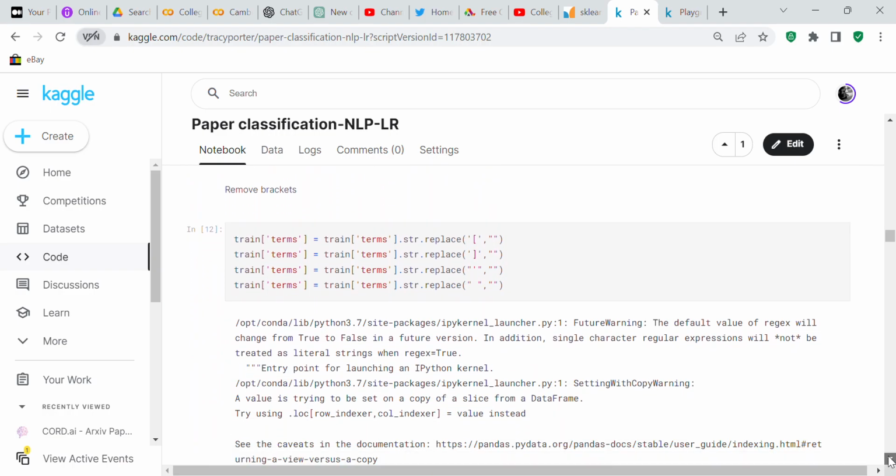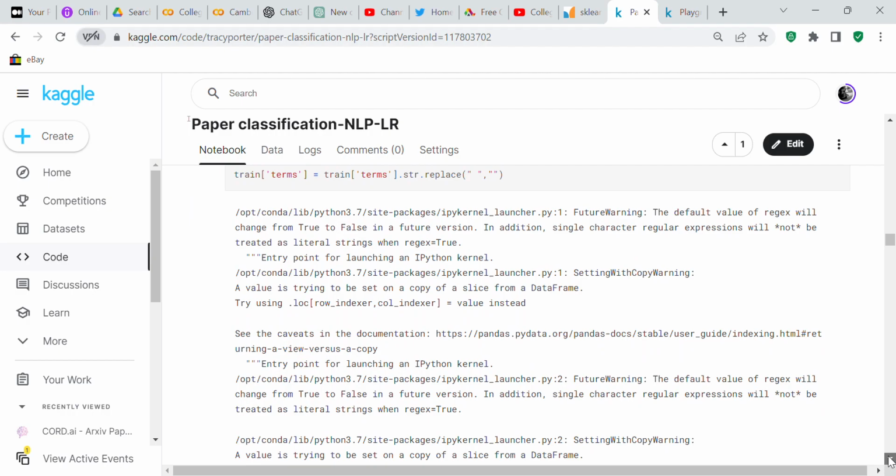And now what we have to do is remove a lot of characters from the terms. So we remove the square brackets, we remove the quotation marks, and then we remove the blank spaces. And so when we removed all of that,